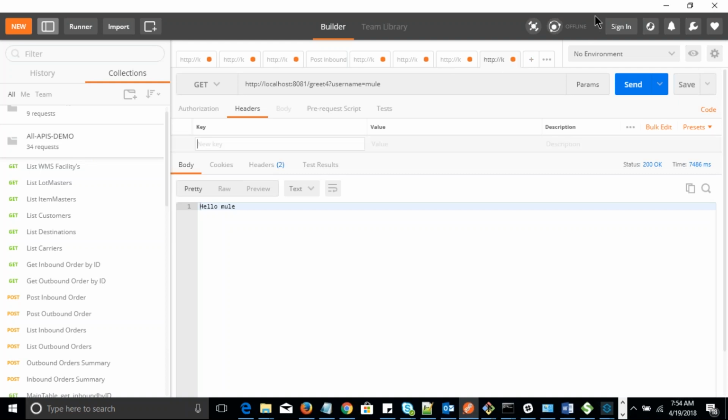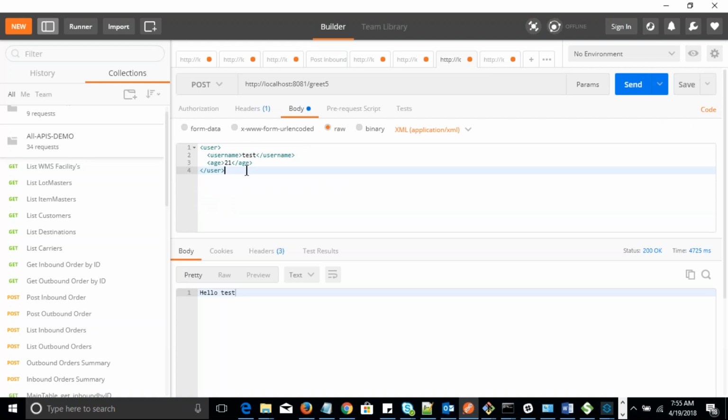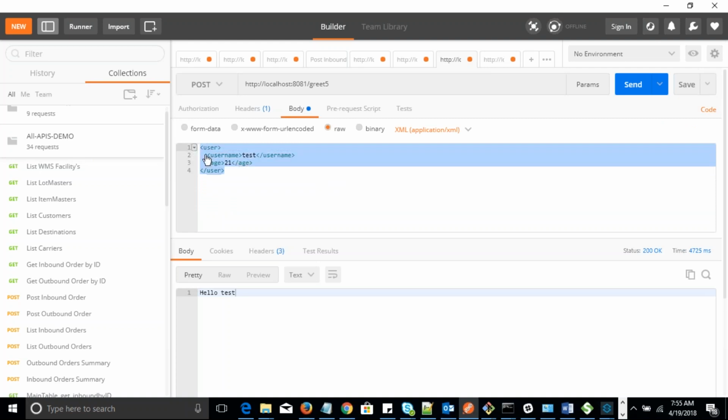We are sending the data. So in the body, whatever you are sending, if you see this request, in the body we are sending some data here. Apart from that, suppose our target system or else Mule will expect the data in the header, right? So that time,